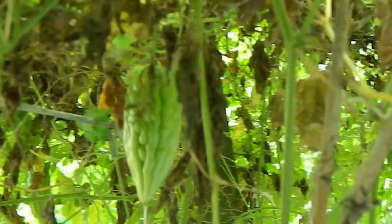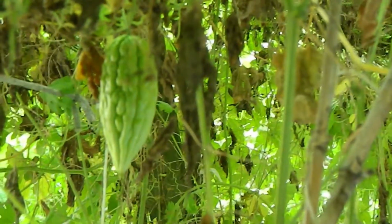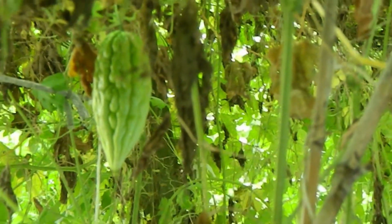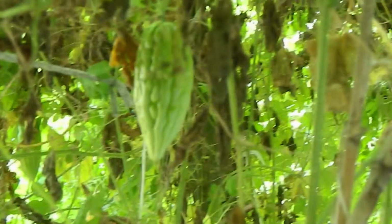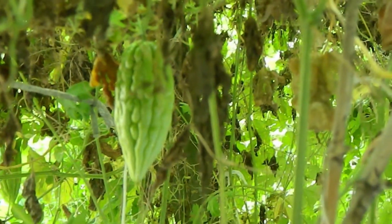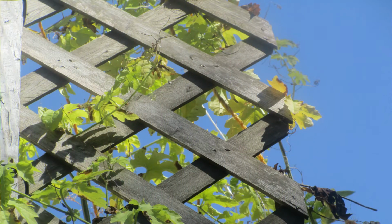I hope this is helpful to you. If you have a garden, even a small place, you need to have full sun, and it will grow a lot of bitter melon. Without the sun, it can't really grow anything. Also, it is not suitable to grow in a pot. You have to grow it